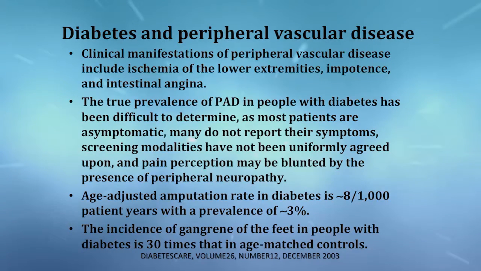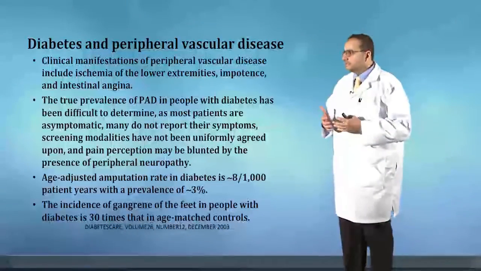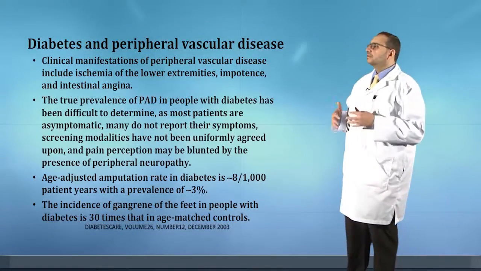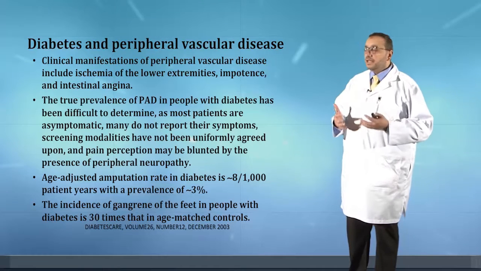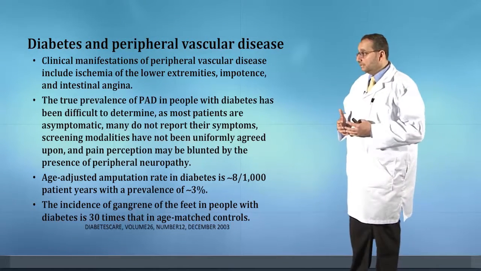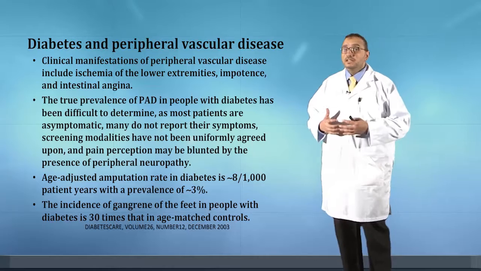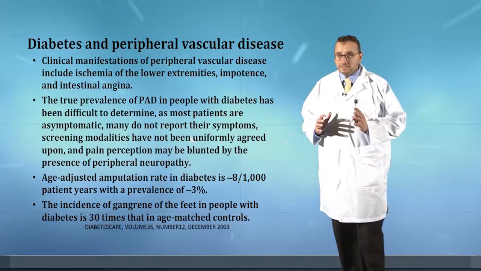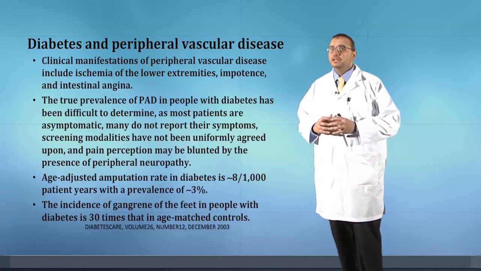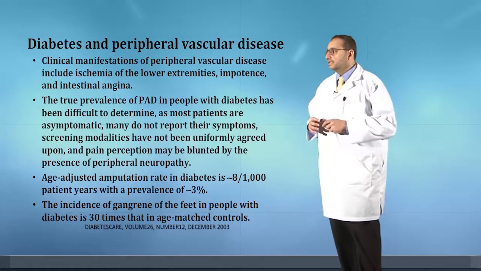If you age-adjust, the amputation rate in diabetics is around 8 in 1,000 patient-years, with a prevalence of around 3%. The incidence of gangrene of the foot in people with diabetes is 30 times higher compared to non-diabetic patients